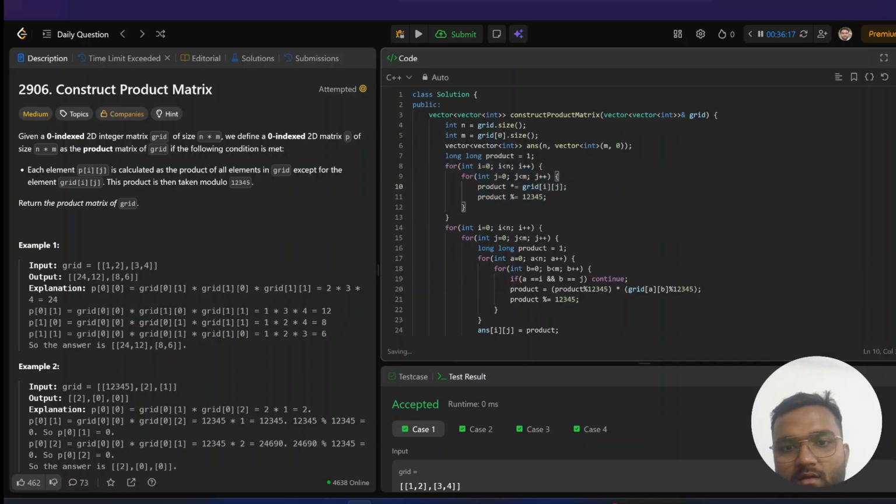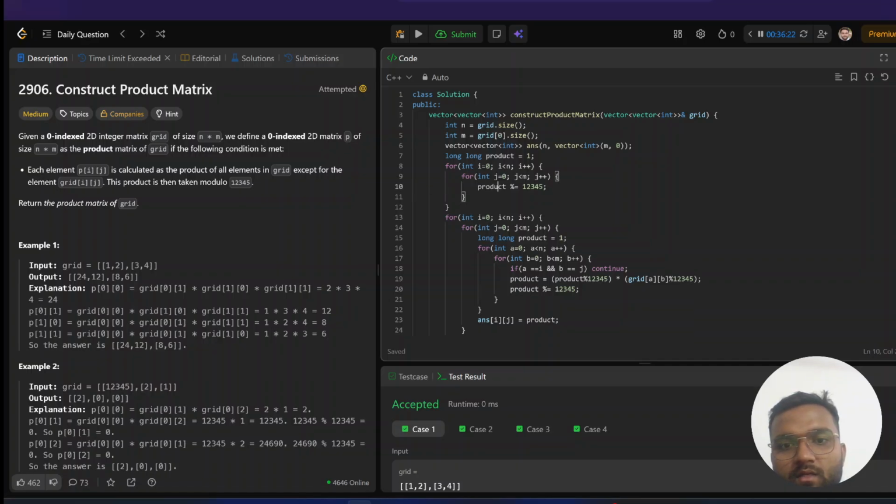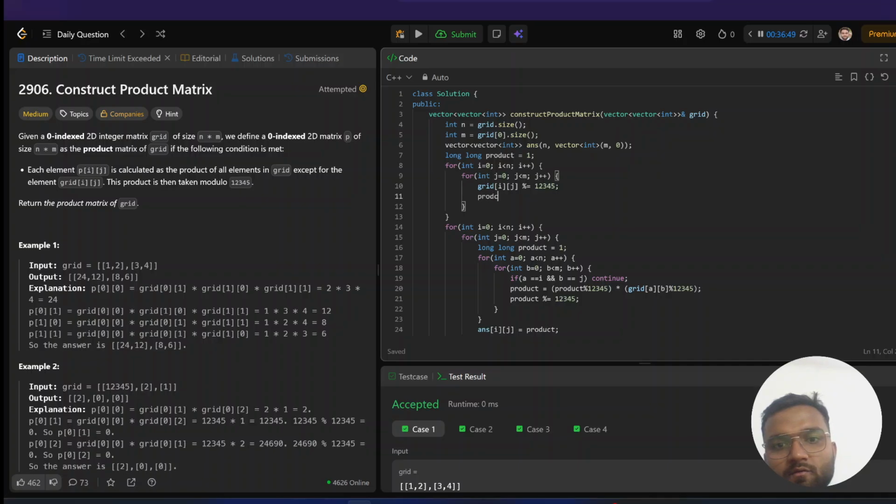What I will do is I will make something like this. For all grid ij elements, I am taking the modulo. Okay. And after that, I can pre-calculate now this time. Yeah, we can check it. If I do product multiply equal grid ij,